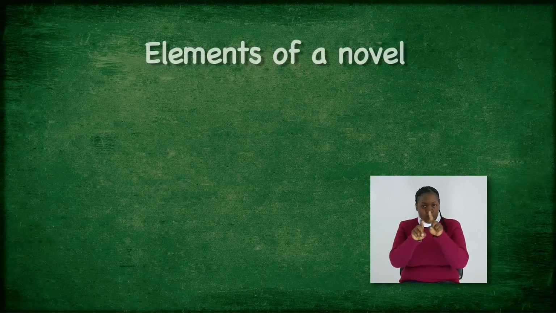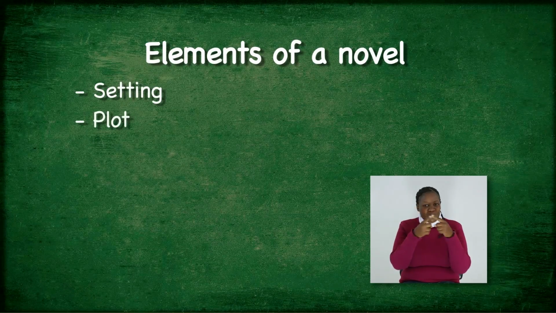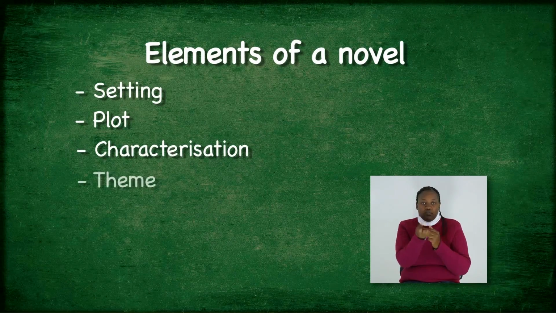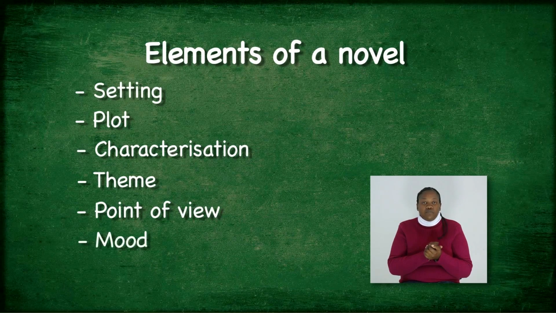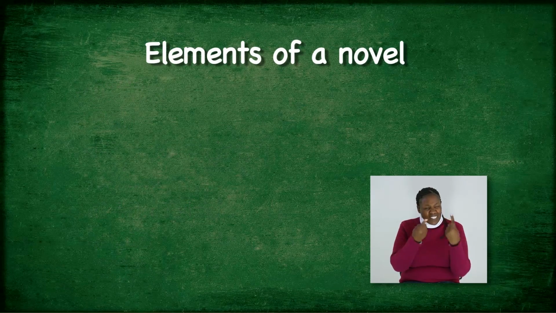Here's some drinks, guys. Thanks, Betsy. Viewers, so far we have looked at the different types of poems and the different types of novels. Now let us take a closer look at the elements within a novel. Any novel, regardless of whether it is a comedy, drama, horror, or tragedy, possesses the following characteristics: the setting, plot, characterization, theme, point of view, mood, and style.